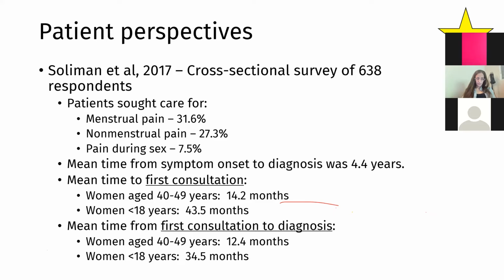I put this in here to highlight the fact that actually one of the biggest red flags for an adolescent possibly having this disease is something called absenteeism, where they're having to call a relative or somebody to come pick them up from school because their pain is so bad. So that's definitely something I keep on my radar when I speak to parents or adolescent patients. Next slide, please.